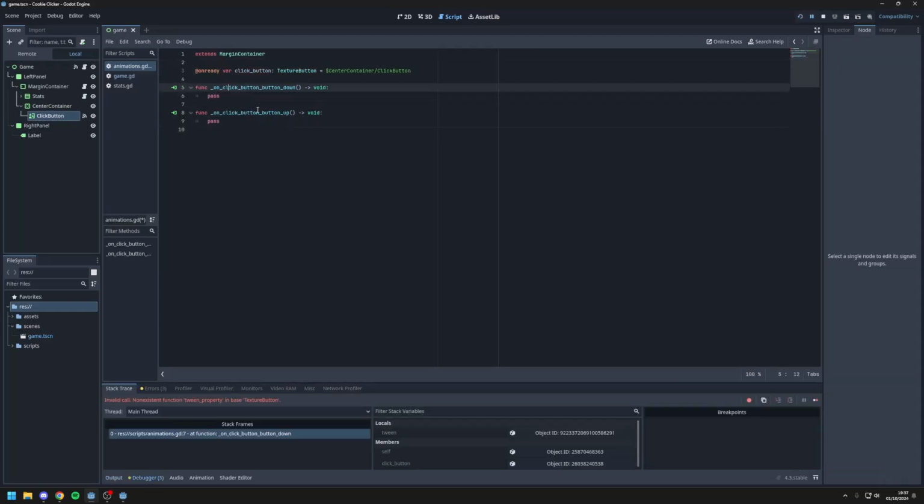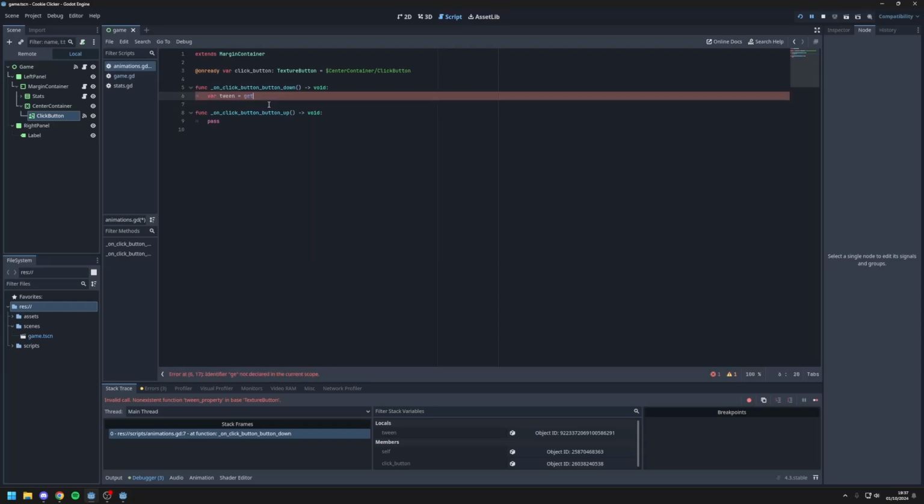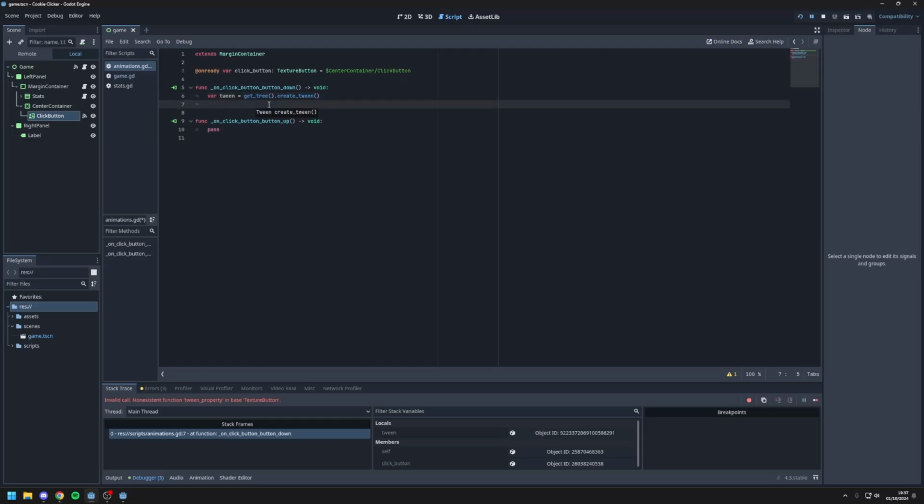So in the script, when you click this button, we want to animate it. So button down is when you're clicking it or holding it. We'll add a tween, which you can use to animate properties. So var tween = get_tree().create_tween(). Next, go to tween